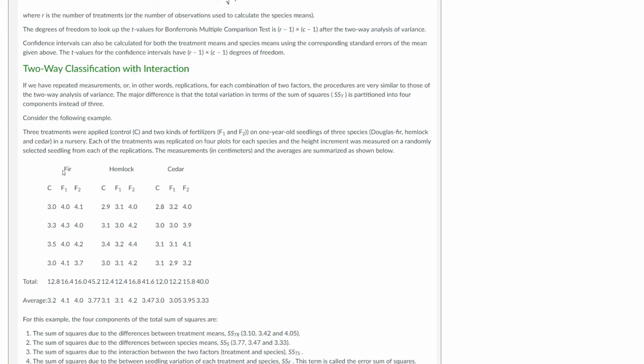So that means we have three kinds of species. And then you can see that in each of those species, we also have information of the fertilization, that means the treatments. So you can see the controlled versus two treatments. And then each of them, so let's say within FAR species, whenever we have control, then you can see that we actually take the replication. That means we try to do the same thing on 4